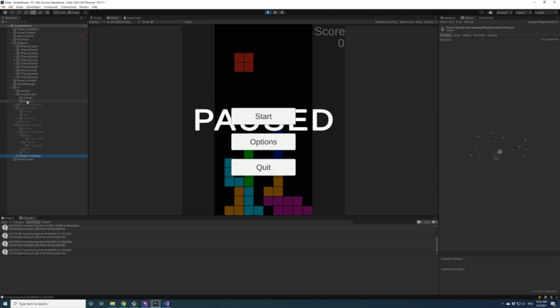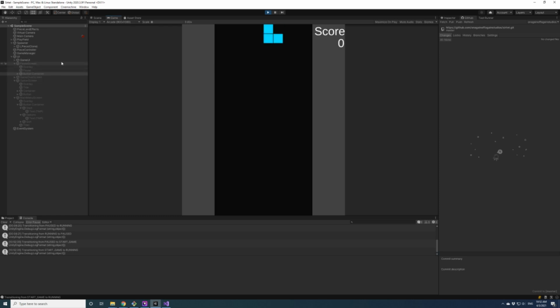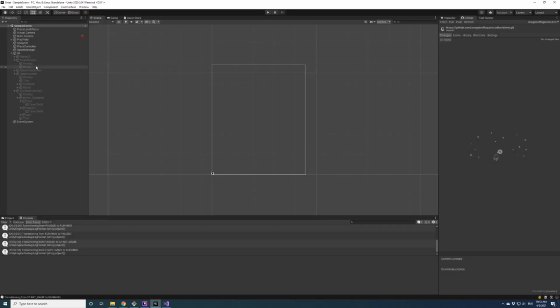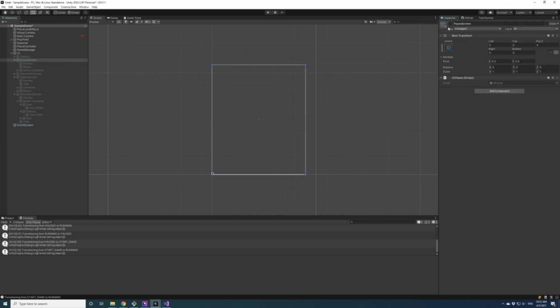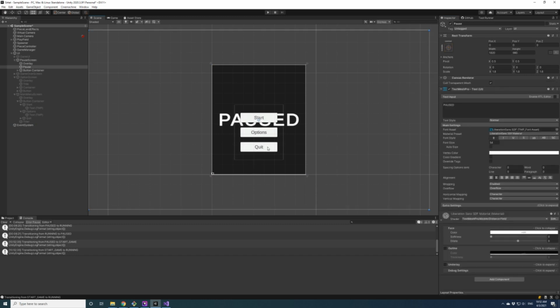But I don't think I want it vertical this time. I want this to be part of this. We actually had the game running. Control C. Move this in here. Show the pause screen so we can work on it.